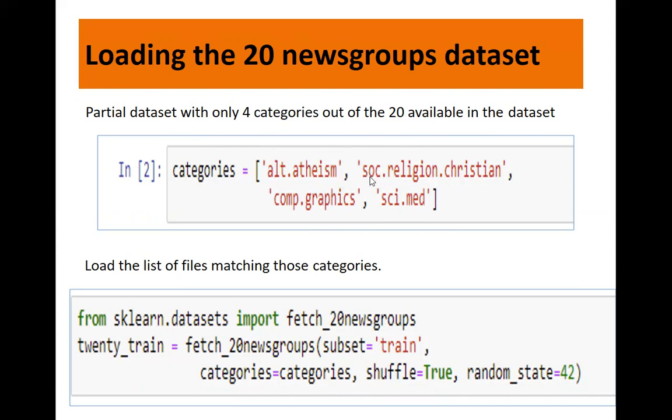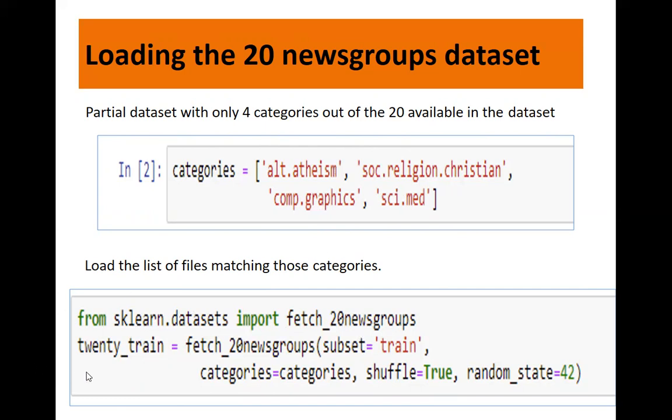These are the 4 categories we'll use to train our model. Once I define the categories, I should select only those records from the data set which have these categories. So I import the data set directly. Remember, sklearn will directly get this data for you from the internet. No need to give any path, nothing. Just directly say import fetch_20newsgroups.